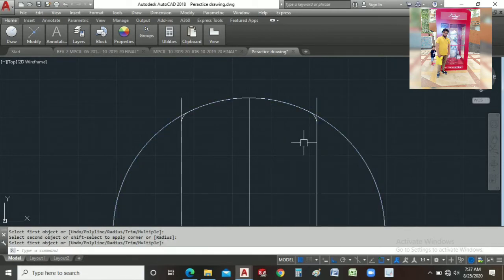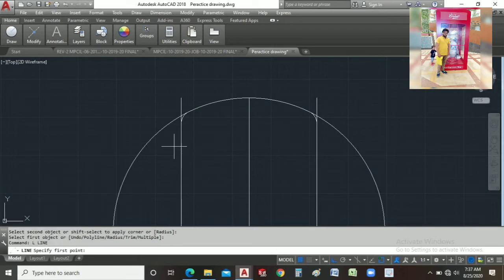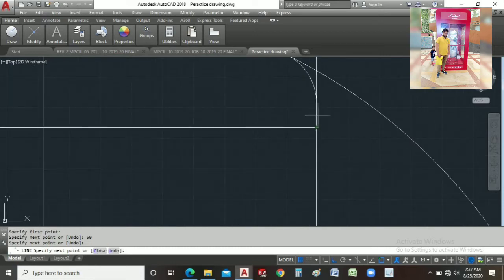So guys, this is almost complete. Now I need to give one more line here. Draw a 25 or 50 mm straight line, then take it here and match this line to this point.